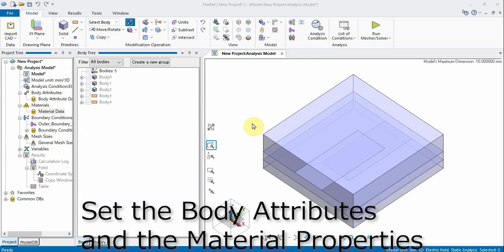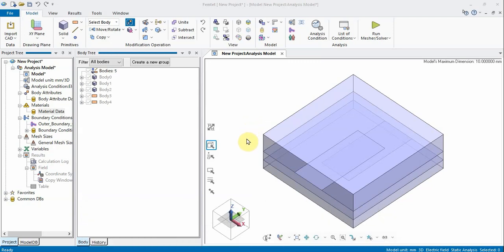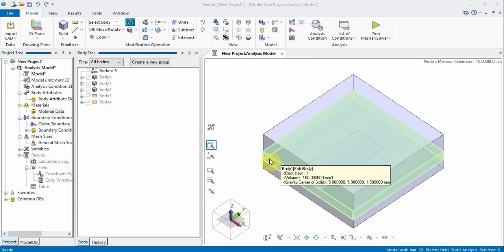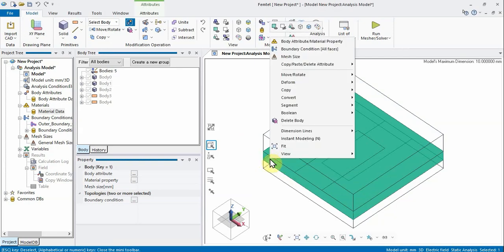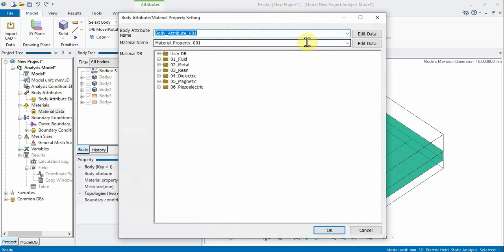We assign names to the body attributes and the material properties. Assign a name to the upper dielectric material. Highlight the body for the upper dielectric material on the modeling window and click to select. On the right-click menu, click Body Attribute/Material Property. In the Body Attribute/Material Property Setting dialog box, enter Body Attribute Name, Sub-1, and Material Name, Alumina, and click Edit